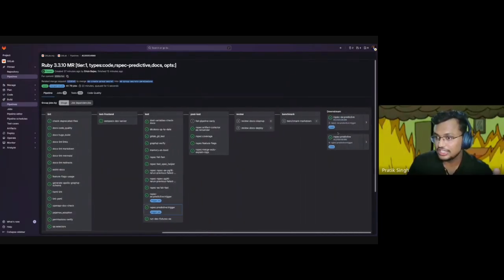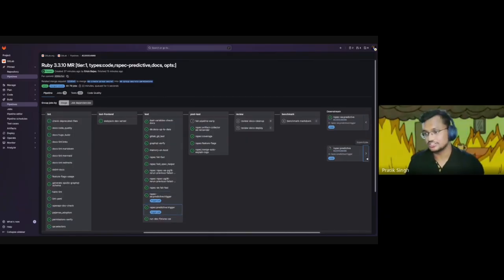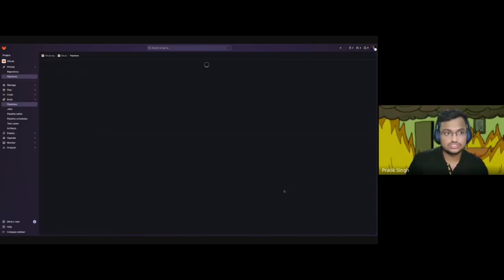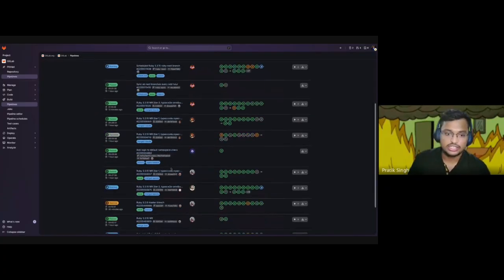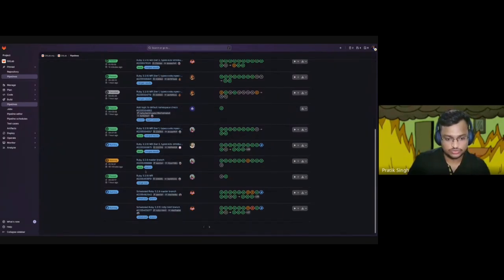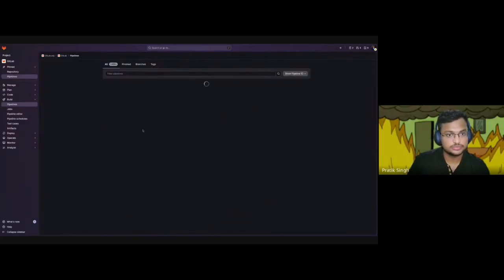Then there are reviews, and then there are downstreams. There are multiple more jobs that the company thinks are necessary. So this is how a CI/CD pipeline looks. Once you have done it, it will tell you how it works. Let me look into a good example. Let me just take a minute.